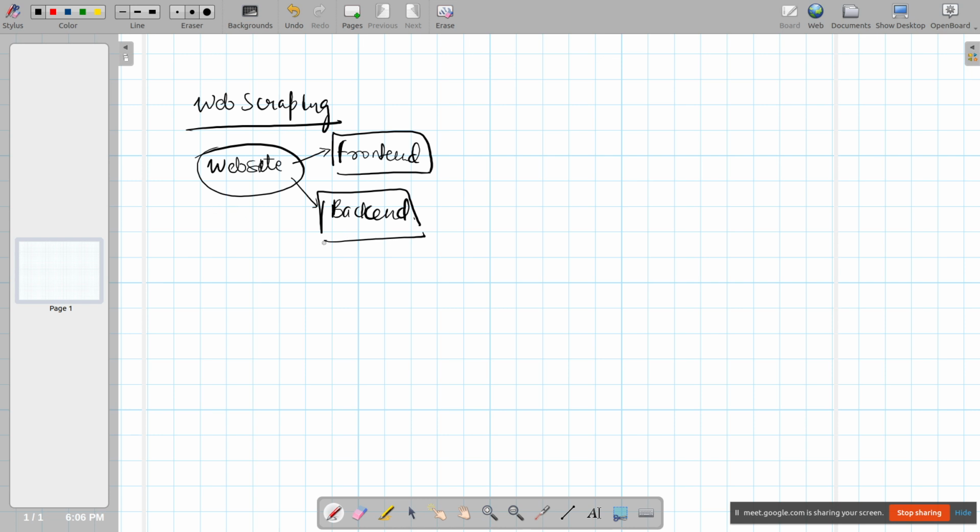Backend is the part of the application which is not visible. If it is not visible, what's the use of it? This is where all the processing happens, and the data is stored at the backend. For example, if you created an account on Facebook, where is the data actually stored? It is not stored on the front end. From the front end you enter the data, through input fields and a submit button. The data you take from the user is sent to the back end, and it is stored in the database.